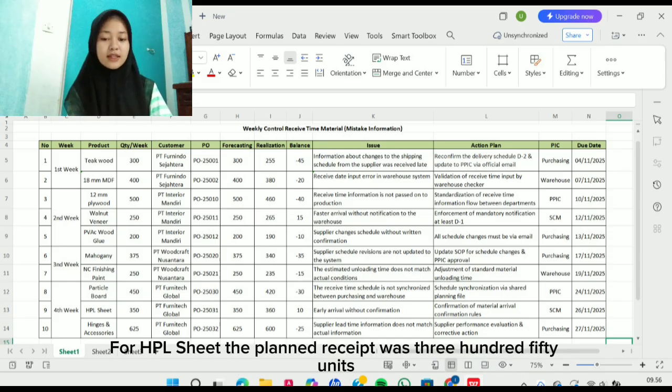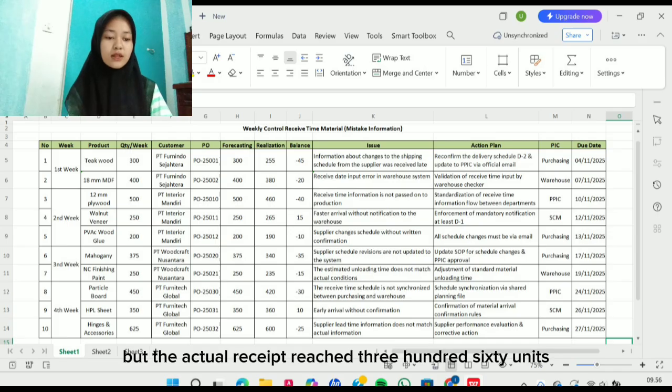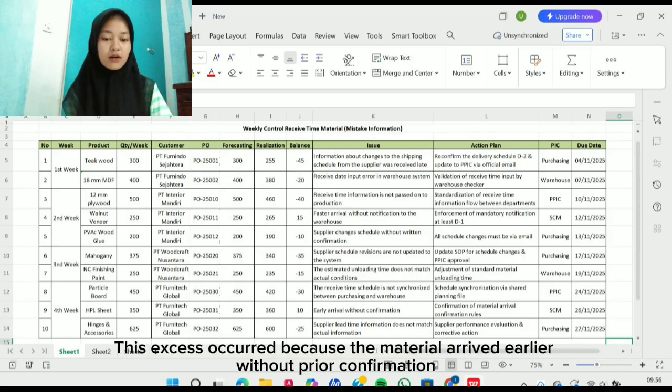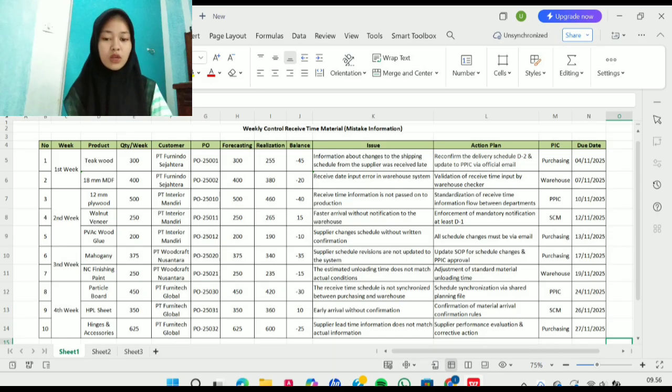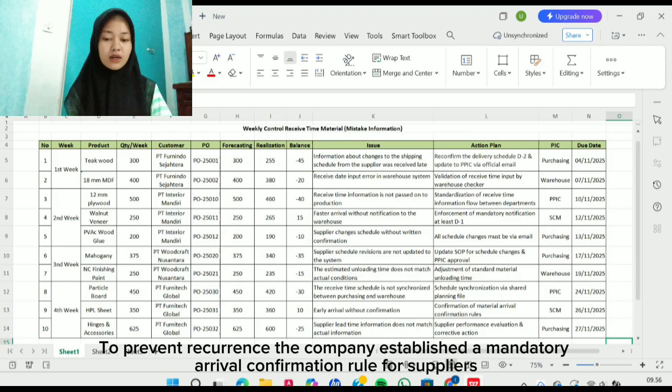For HPL sheet, the planned receipt was 350 units, but the actual receipt reached 360 units. This excess occurred because the material arrived earlier without prior confirmation. To prevent recurrence, the company established a mandatory arrival confirmation for suppliers.